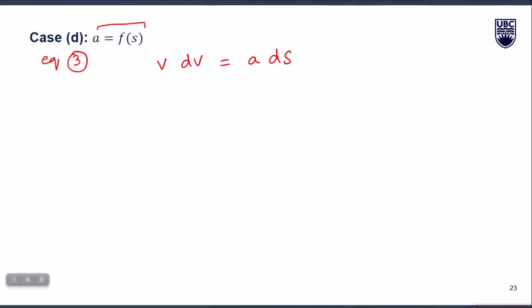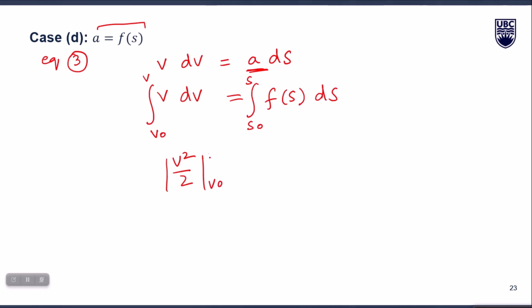So if you put that function here, it will become f of s ds is equal to v dv, right? And in the integration form it will become from v naught to v and s naught to s, right? Again, now the right hand side is all in s variable and the left hand side is all in v variable, right? The right hand side we cannot evaluate until we are given that function a related to s, but the left hand side we can solve. It will become v square by 2, and when the limit v naught to v is applied,